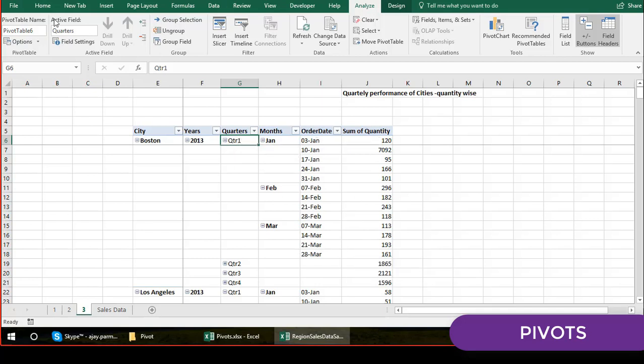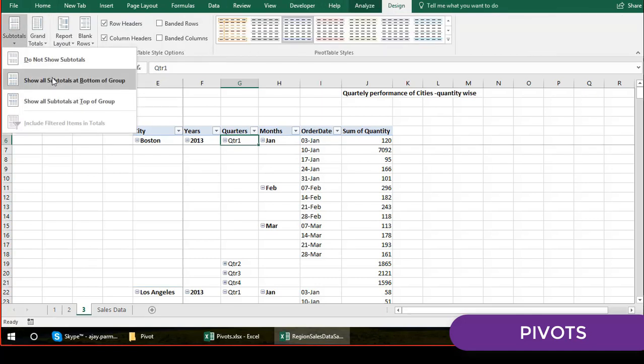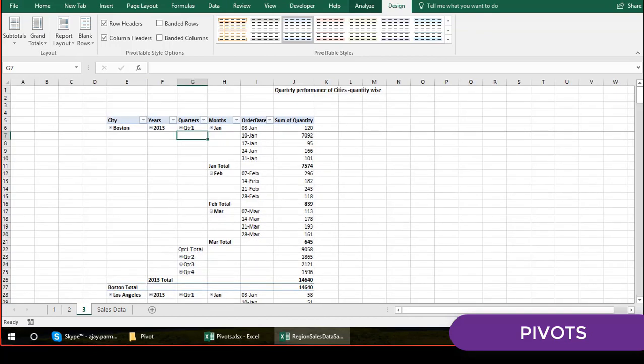Okay, and if I just go and try to create the design and I say subtotal, let me click on the subtotal. Now you can see that I got the month wise total. Very nice. Now there is no day total coming, so that basically was the problem with the structure. Okay, now it is looking cool, wonderful. So I have here now the quarterly performance also. You can see that now if I select this, all the performances should be selected. For example, let me first expand this.